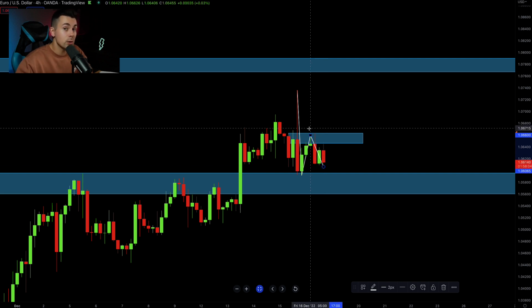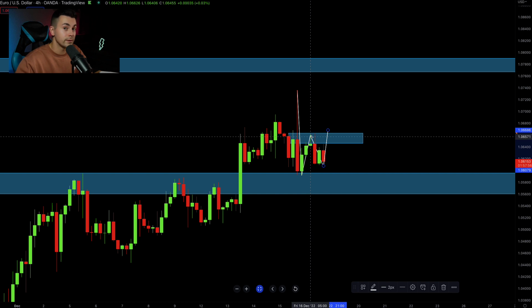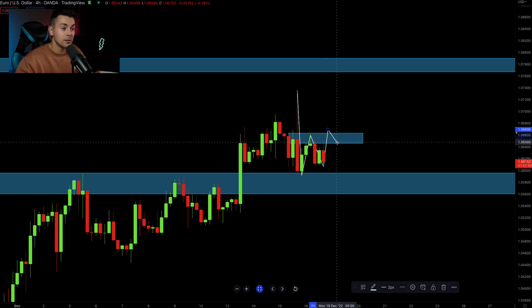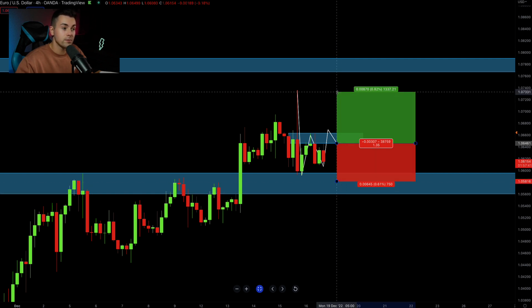And next week we can try to trade this double bottom. In order to buy this pattern, we will need a bullish breakout of its neckline. We will need a 4-hour candle close above that neckline first, and then we will set our buy limit order on a retest. Our entry will be right here, our stop loss will lie below the lows of the pattern,